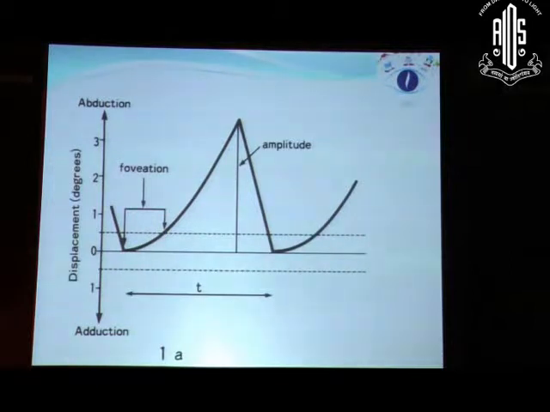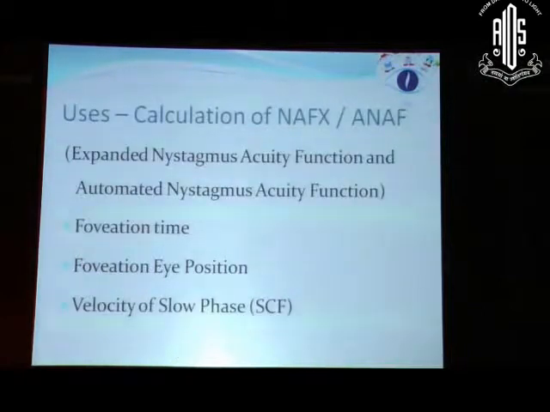Another important evaluation that you would do in a patient with video nystagmography done is look at the foveation in these patients. Foveation is within 5 degrees when the eye is in the slow phase, is the time when meaningful vision is required, and this foveation time is related to the potential vision of this patient. And potential vision of this patient can also be calculated using NAFX or ANF. These are basically the qualities which can be either manually calculated or automatically acquired to find out what will be the effect on vision once you perform any intervention for these patients.